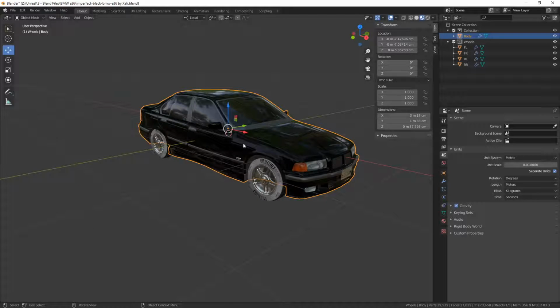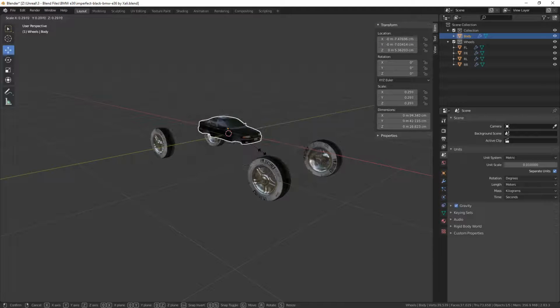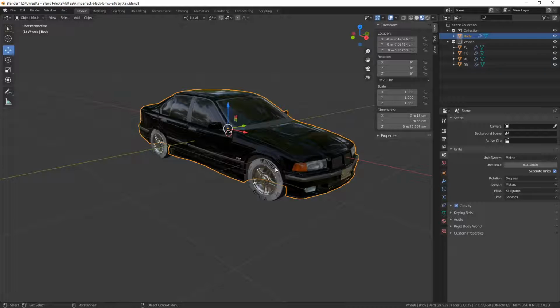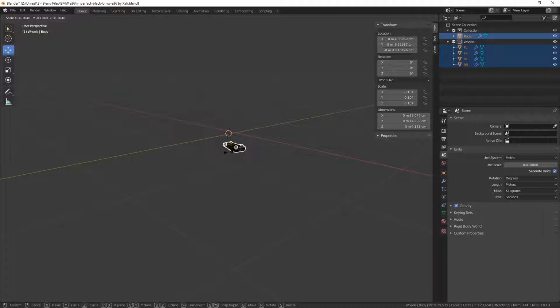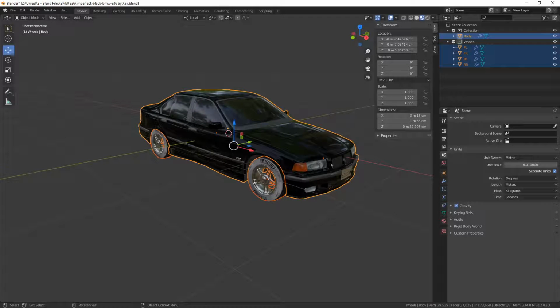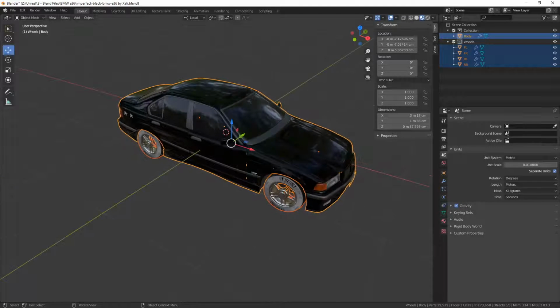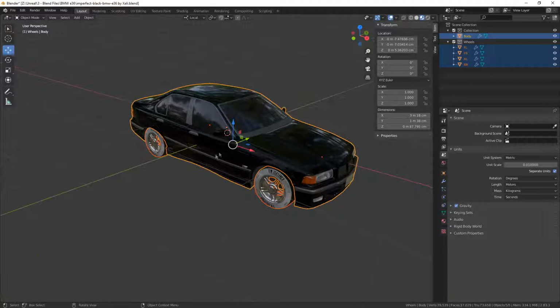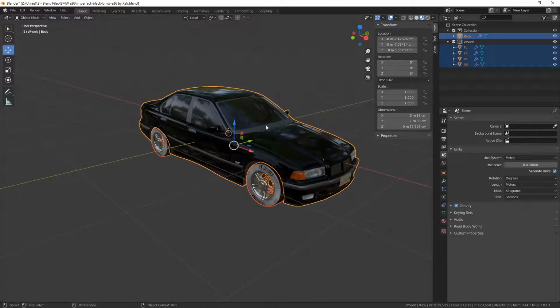Then you're going to want to scale this up because this will actually be really small. Wheels aren't going with it. You need to scale it up so that the vehicle is about 3 meters or so on the x-axis, or whatever axis your vehicle is facing on. You have to Google the vehicle you're actually using to find out the length of it.